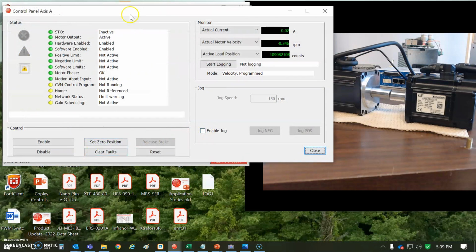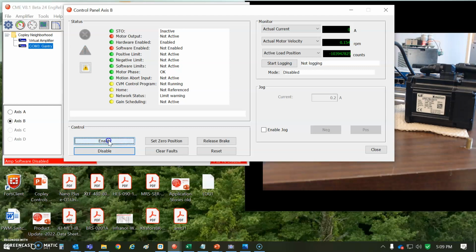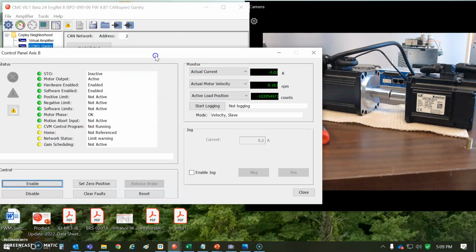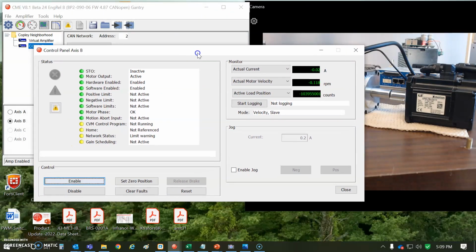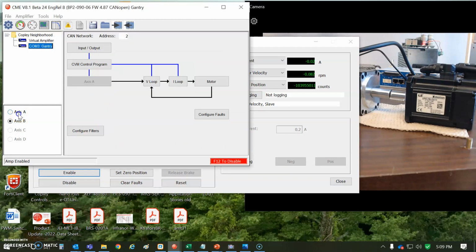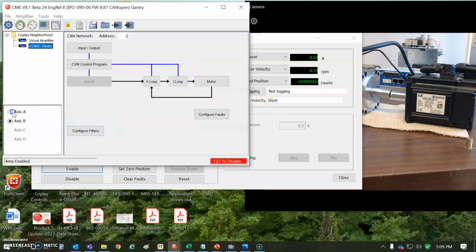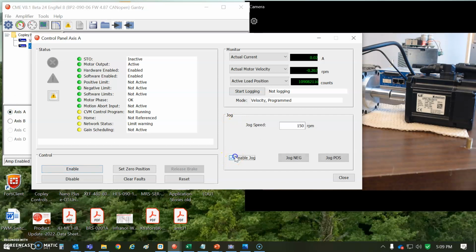And so let's make the B axis, the mode of operation for the A is this. We're in current program mode. Sorry, I hit the checkbox. You can disable, you can re-enable, and there's the bias current, and that's it. So now jog the A axis, which is the velocity program mode, and make sure the B axis is the slave. Don't jog the B axis. So jogging the master,